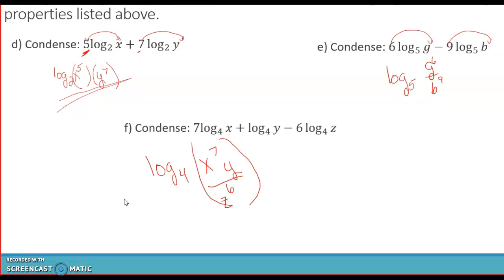Everybody has a log base 4, so we went ahead and put log base 4. The 7 goes with the x as its exponent. He's hanging out there with the x. And the 6 is the exponent of the z. These two are being